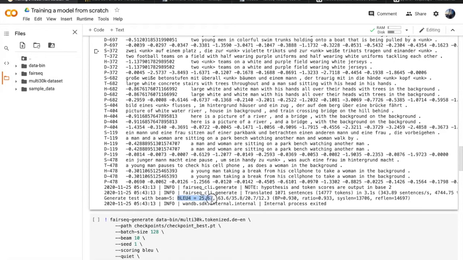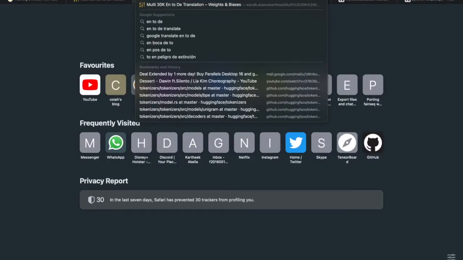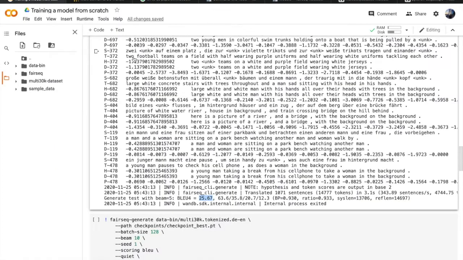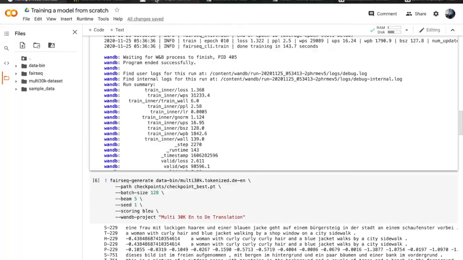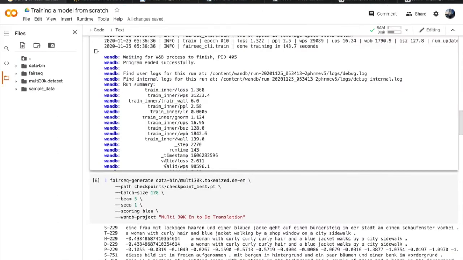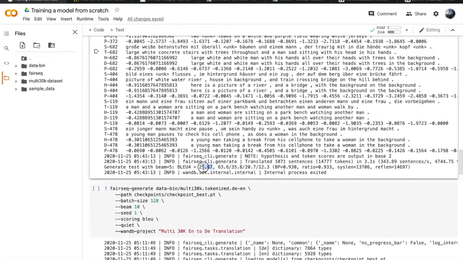On the BLEU score, we are getting 25.67 BLEU score points. 25.67 is actually a very decent BLEU score if you compare to other state of the art models. You also have to remember that we have not even optimized all our hyperparameters to fit the data perfectly. Given that the highest BLEU score is 35.0, we have reached 25.67 within no time with very little code. So this is a great plus point for me.